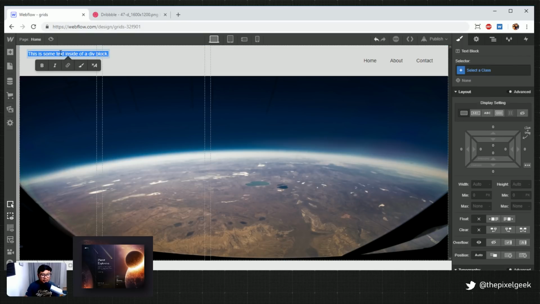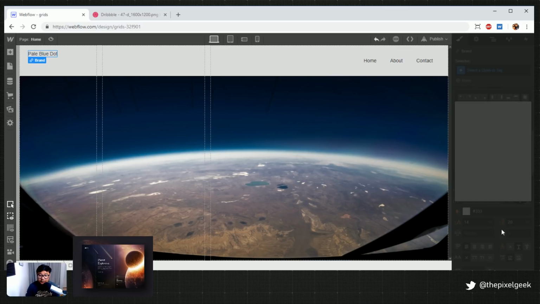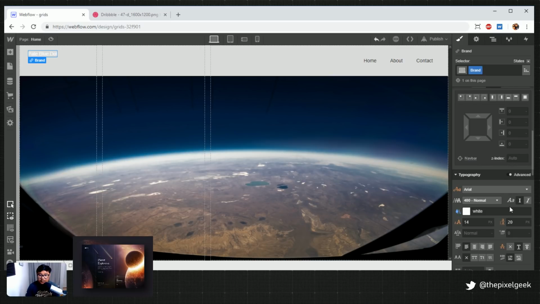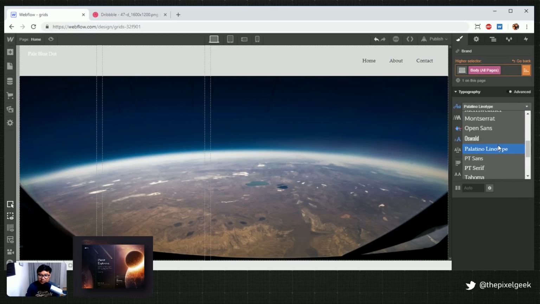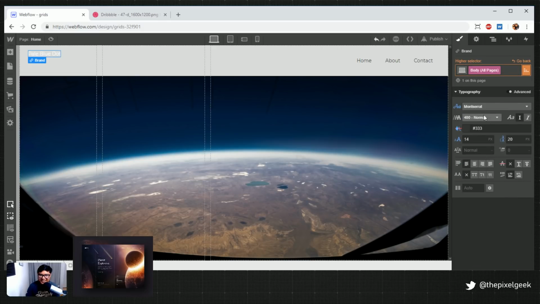This one's going to be pale blue dot. Whoa, why am I typing like a teenager? Pale blue dot. Alright, cool. Let's go ahead and change the color to white. Oh, gotta go to Montserrat because that's my jam for these streams.